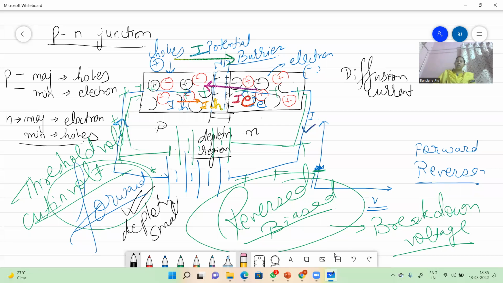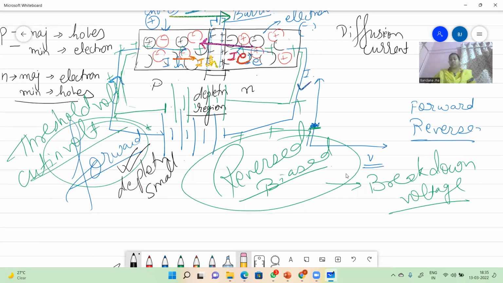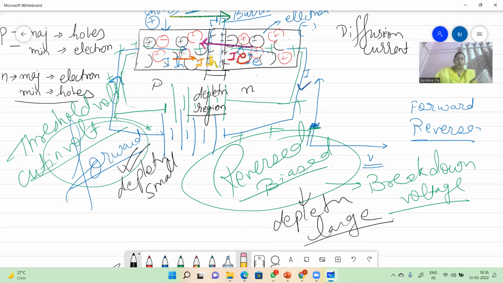Small. And here in the reverse bias, we know there is a very few microamperes of current. So there is too much time. If you are sitting alone with no work, you will do surfing on the mobile phone. Correct? So in reverse bias, a microampere of current is there, so electrons and protons have too much time to combine with each other and make a diffusion current. So here the depletion region will be what? Large. Understood? There's no need to learn it. Yes, ma'am.